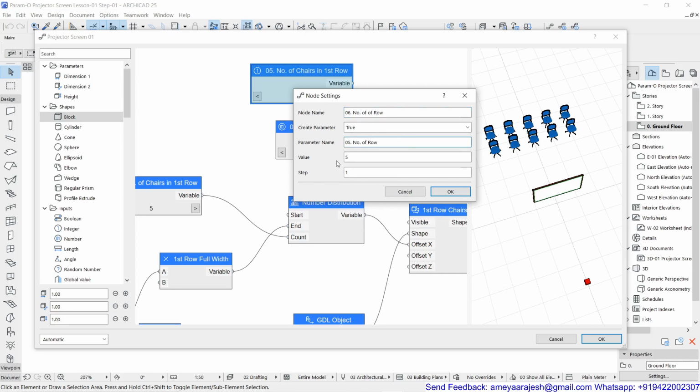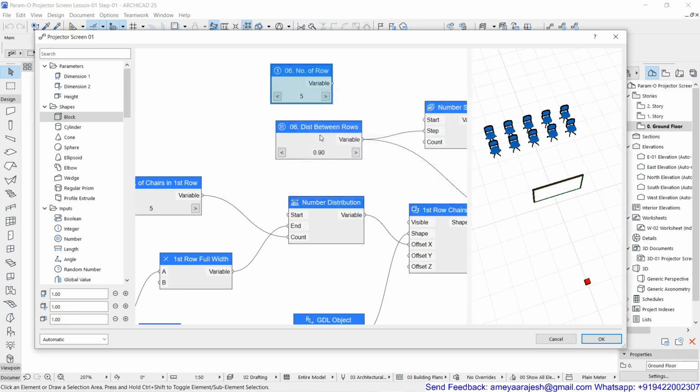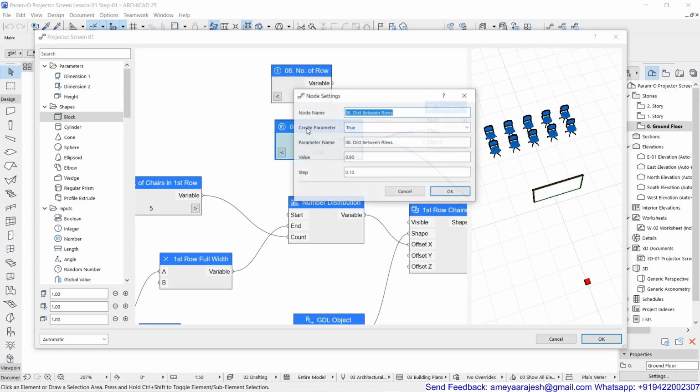Okay, so number of rows is what we are going to give the name for the parameter. Here also I'll put the same number, and this number then I'll try to change to 7, distance between rows. So that solely depends on your convenience. So I've just done this change.